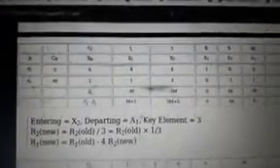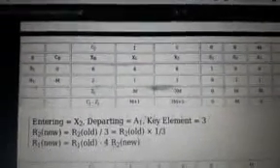Now take the table. The table has basic variables, CB, XB, x1, x2, s1, s2, a1.